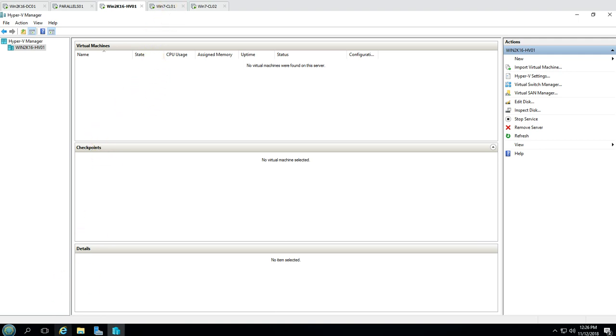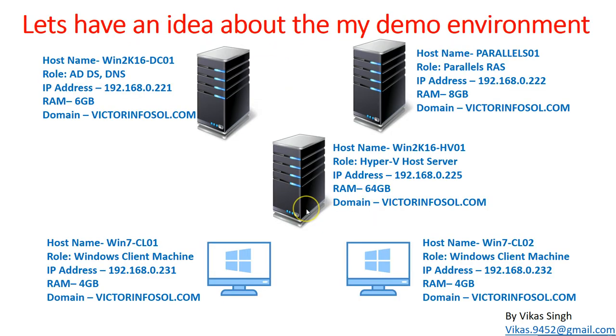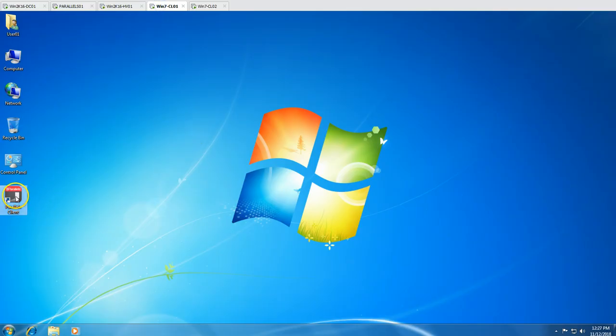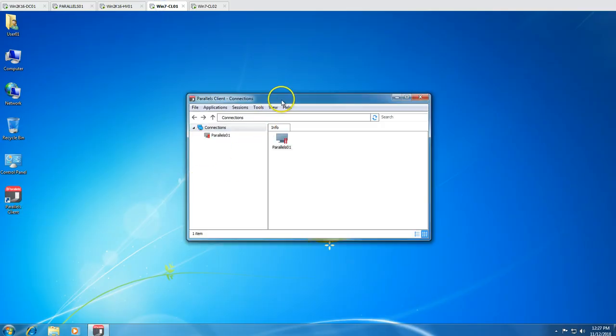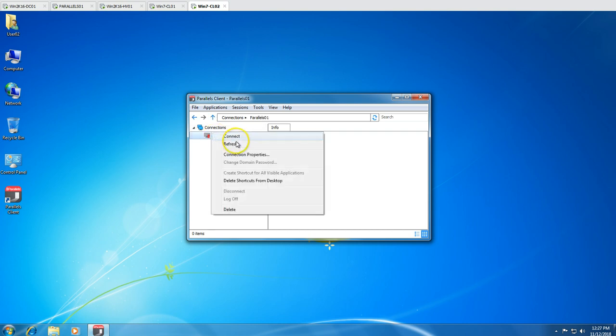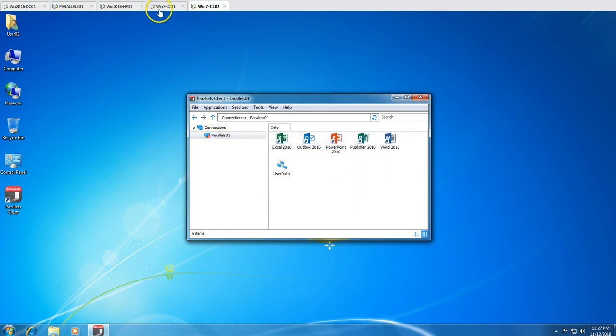So the thing I want to show is the two client machines, which are WinCL01 and WinCL02. These are two virtual machines, which are Windows client machines, and I have installed the Parallels client on these machines. After publishing the VDI, we are going to connect to those VDIs from here. So these are two virtual machines, which are basically my Parallels clients. So this is good,